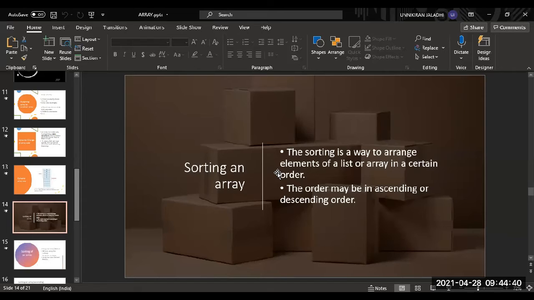Certain order means either ascending or descending. Ascending means from smaller to bigger. Descending means from bigger to smaller. So there are only two ways to arrange the elements, either in ascending order or descending order.